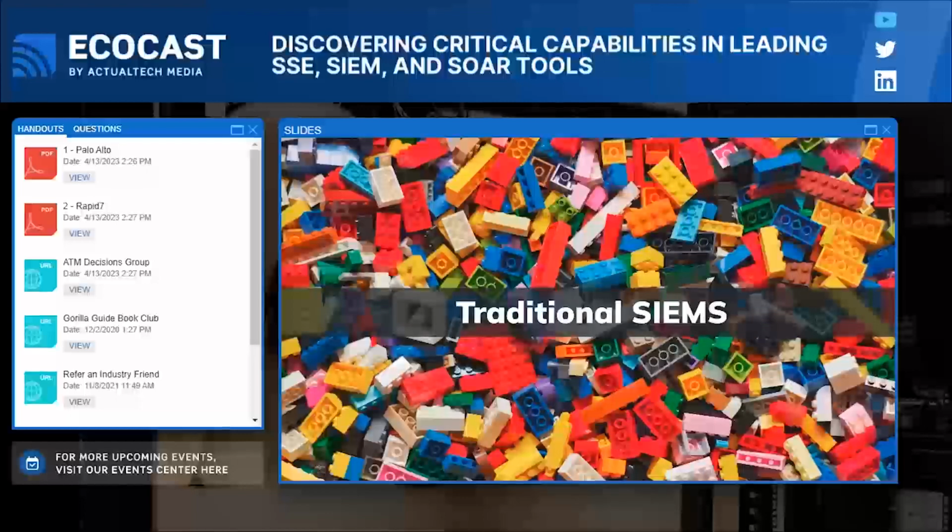Only it wasn't as much fun as Legos, and a lot of the pieces didn't actually fit together. And so traditional SIMs really put all of the work on the customer to figure out. The customer had to decide where and how they were going to deploy and host the SIM. They had to figure out how they were going to get all the right data that they cared about into the SIM, how to normalize and correlate all of it so it's actually useful to them and something that their